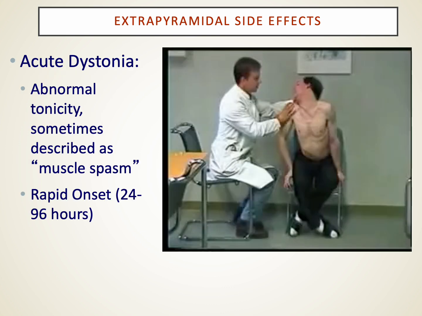Let's first look at one of the extrapyramidal side effects, acute dystonic reactions or acute dystonia. These happen typically within 24 hours of giving a drug like haloperidol. It's not universal that we see this, but it happens on occasion, and it's important for you as a clinician to recognize it when it happens. It's pretty significant muscle spasms that often affect the neck and or the eyes rolling back in the head or the tongue feeling thick for a patient. All of these are sort of classic for acute dystonic reactions.